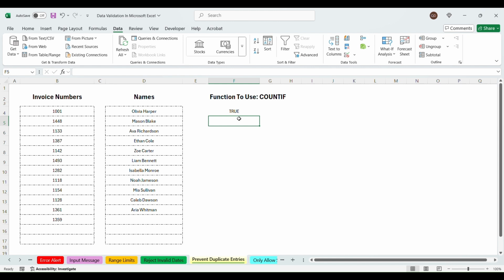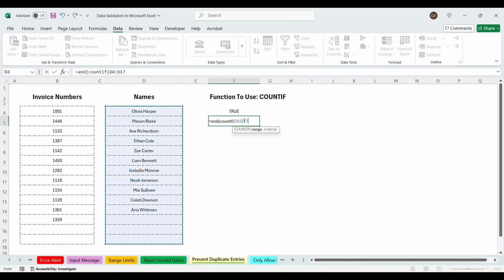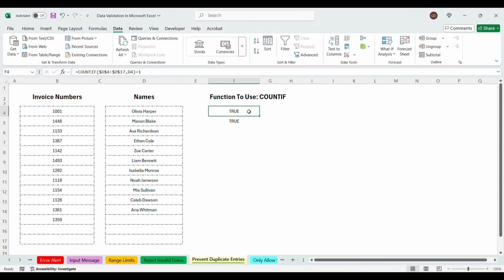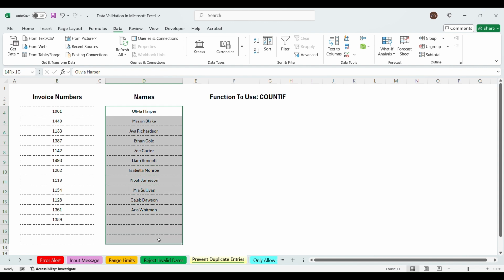We can do exactly the same thing just with the AND function, and I'll show you that it still works exactly the same. It's just extra typing and extra brackets to add there, so completely unnecessary. And as you can see, that works exactly the same. Okay, let me just remove this. So what we'll need to do is select the whole range here, and we'll go to data validation